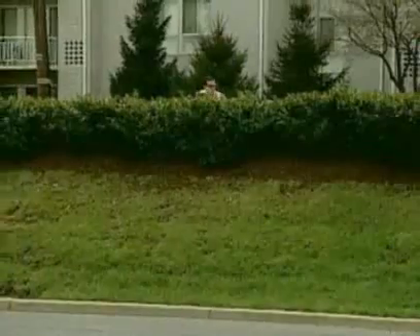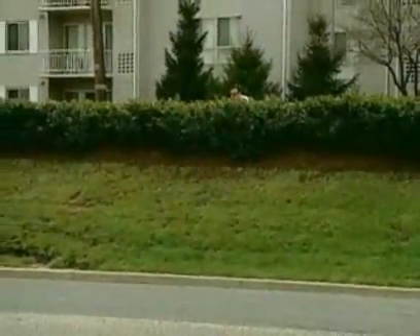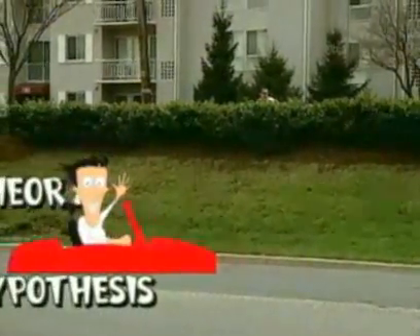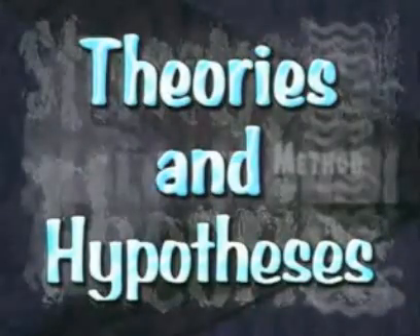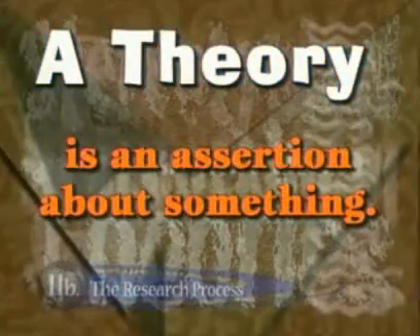And you know that the first thing you need to do in order to start your research process is come up with a theory and a hypothesis. Theories and hypotheses. A theory is an assertion about something like people, humans who drive red cars, drive much faster. They're speed freaks, faster than other human beings. And the reason has to do with the red dye in the enamel coating of the automobile.